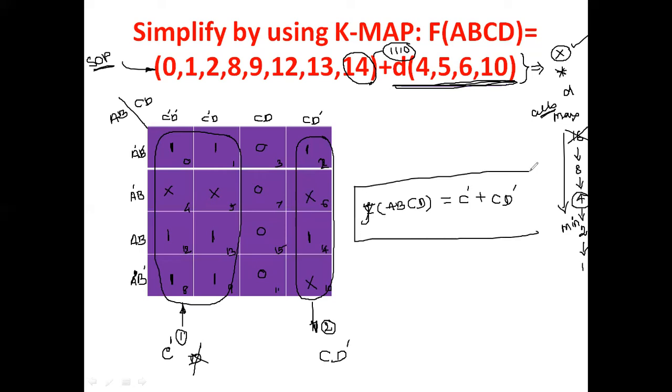Sometimes after reducing this, the question may be like this: draw the circuit diagram. That may be in the second unit as per your syllabus, but anyhow here also we can draw the combinational circuit or the resultant circuit's logical diagram. Draw the logical diagram for the obtained results. So very simple. Two different ways you can draw. Here I am drawing the diagram directly.